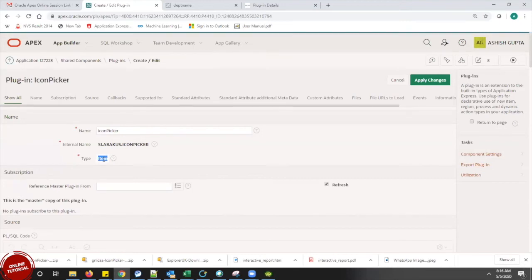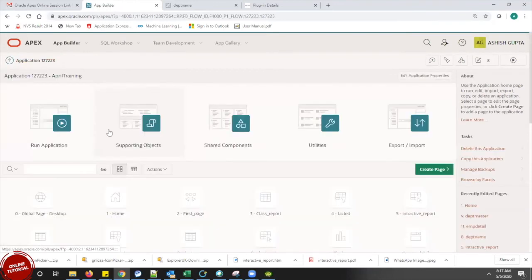That means this plugin I can use while I am creating an item. If it is an action or a workspace or something different, then when I create those kinds of regions or attributes, I can use that plugin at that time only.